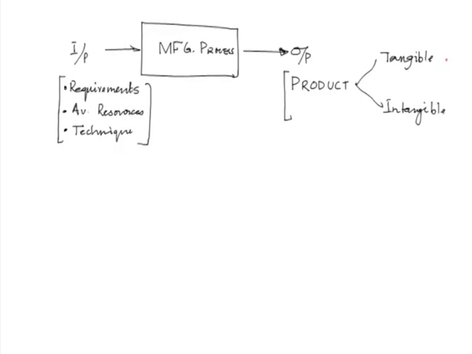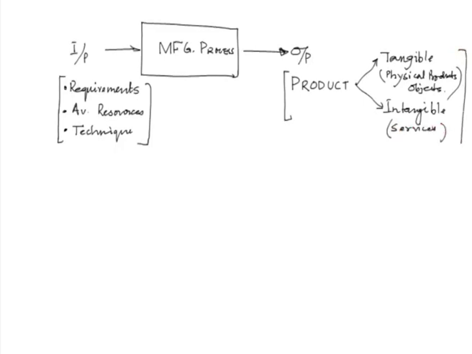Here, in tangible we will consider that these are physical products, some physical objects we can say, whereas intangible products are generally services